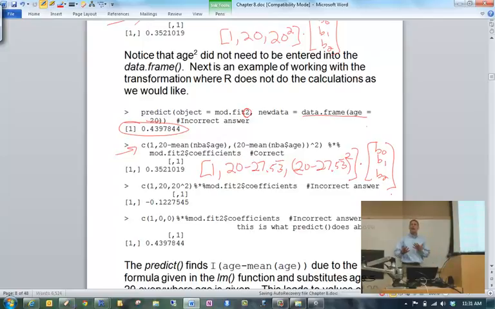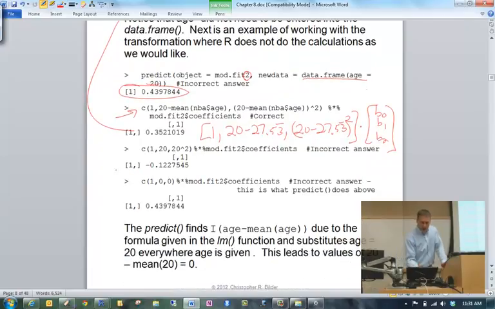That's what I would want to have happen. And notice how you get exactly the same answer as we did previously. Well, what R is actually doing is this.